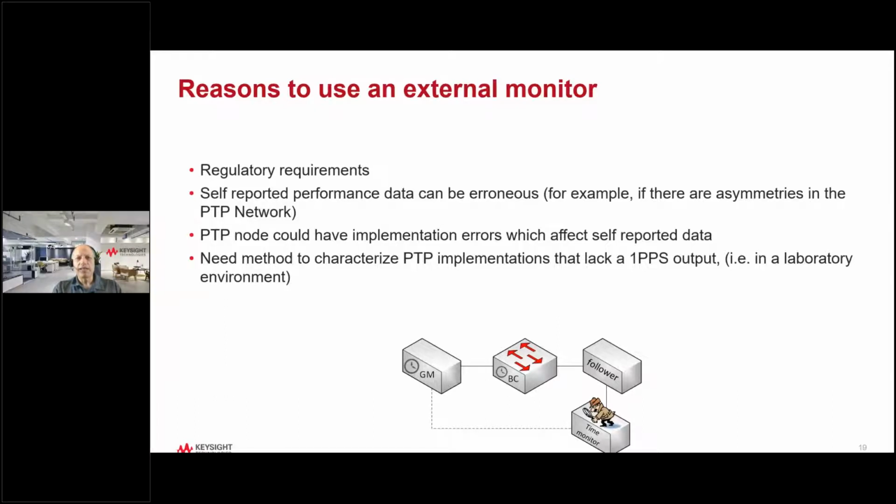And finally, this is useful for characterizing a device. So if a follower has the ability to send its data out, we have the ability to characterize externally and measure its performance. And this is useful in a lab, but it's also useful in the real network as you roll out different versions of software or changes to various behaviors.